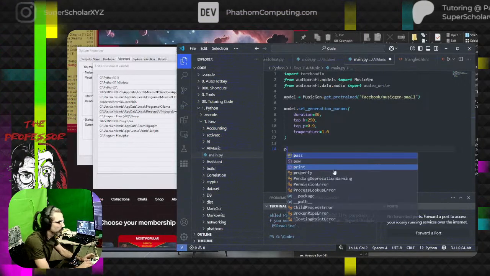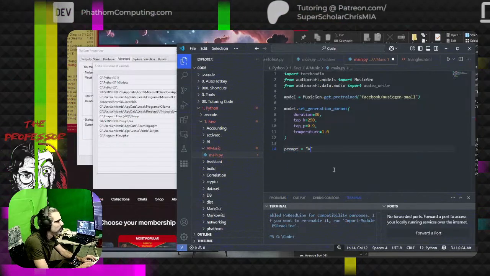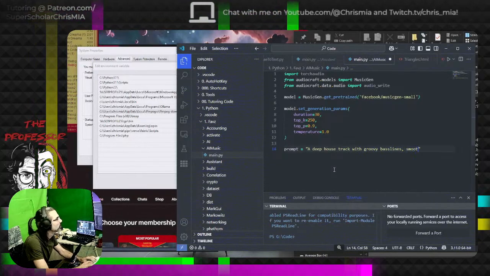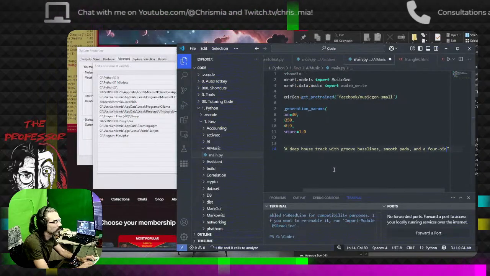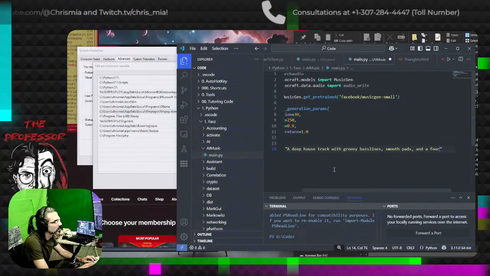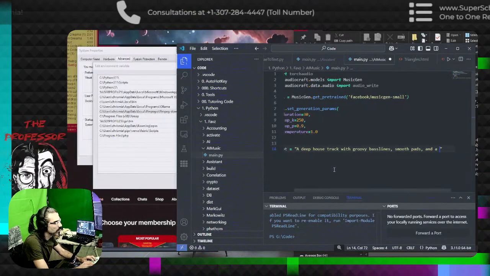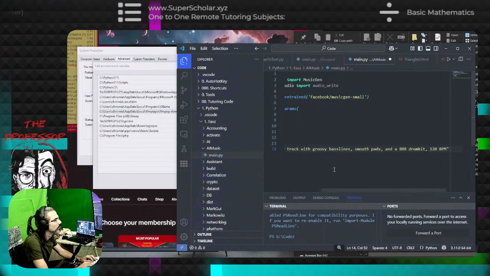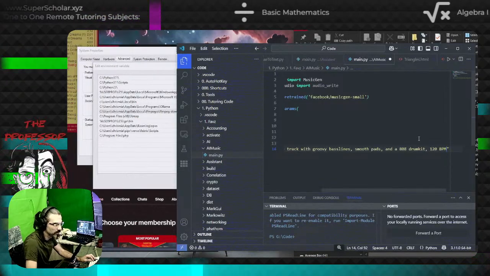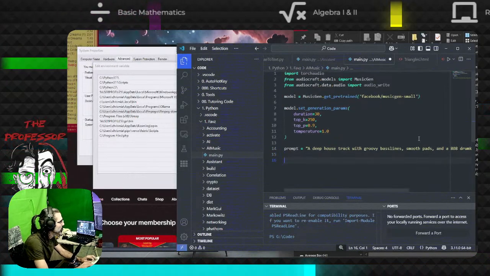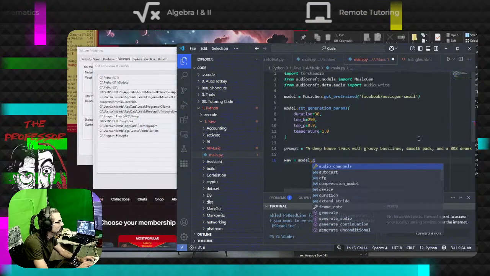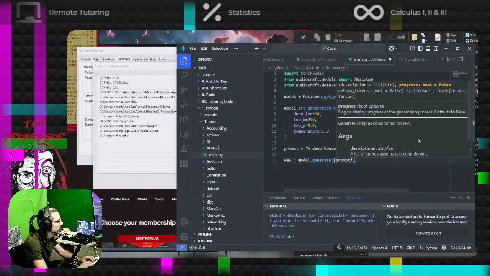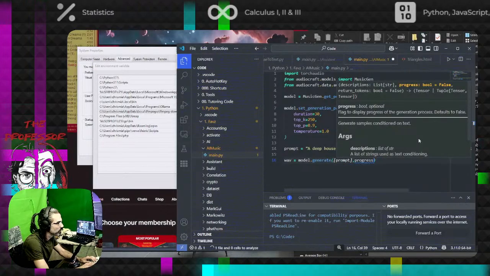So let's do the prompt. A deep house track with groovy bass lines, smooth pads, and an 808 drum kit, baby. Let's go. 120 BPM. Okay. WAV, the file type. model.generate. So this is the actual generation part. We throw in the prompt in an array. progress equals true, not sure, but